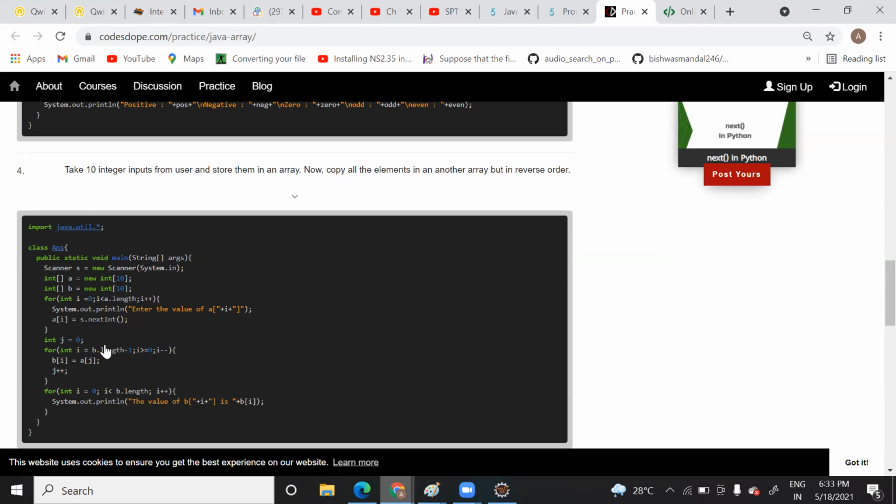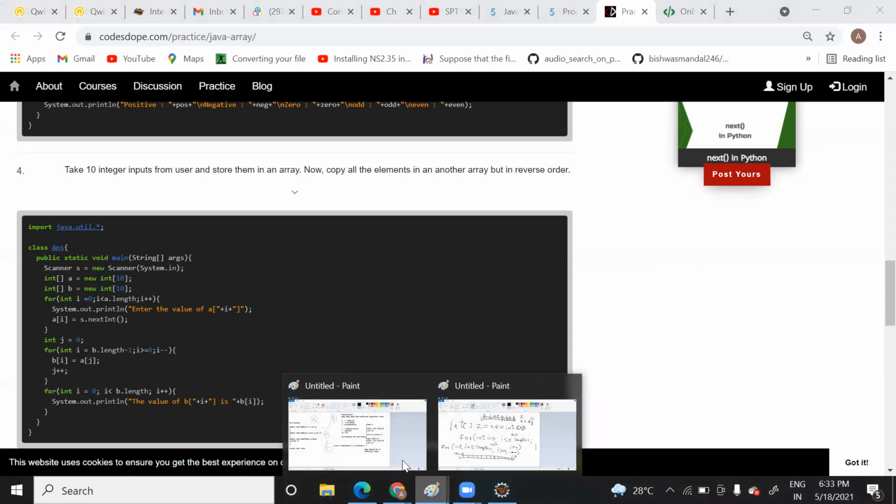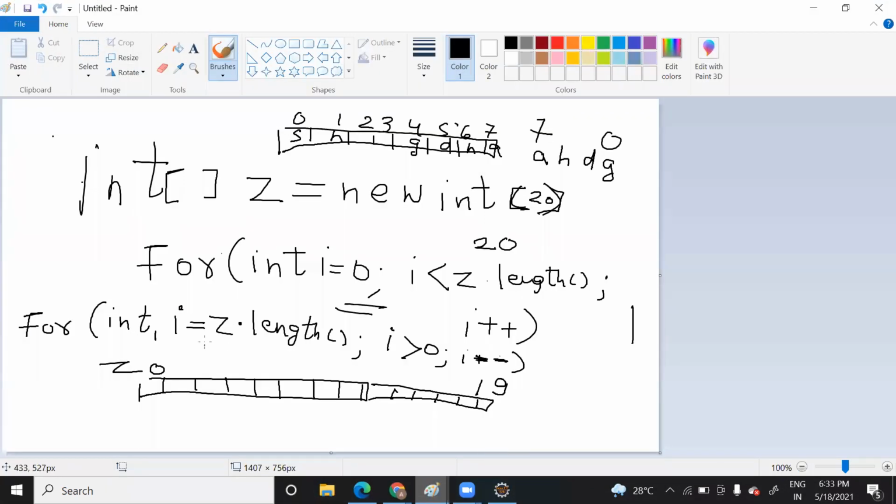The last index is actually 19 here, because it starts from 0 and goes to 19. So you will write b length minus 1. I had taken b length, as if it starts from 1, but it should be b length minus 1.